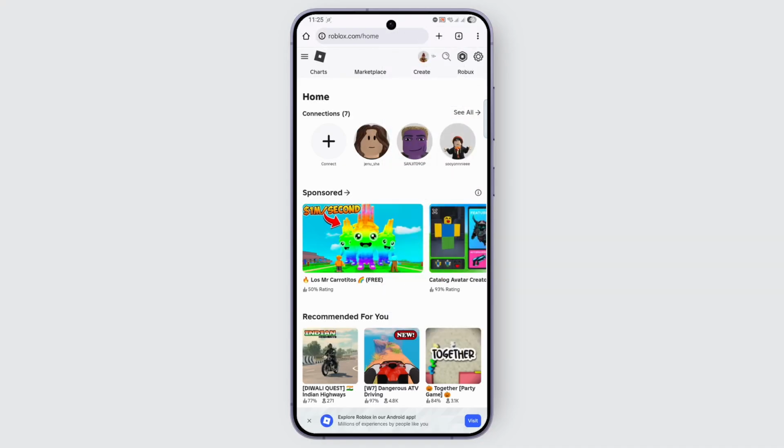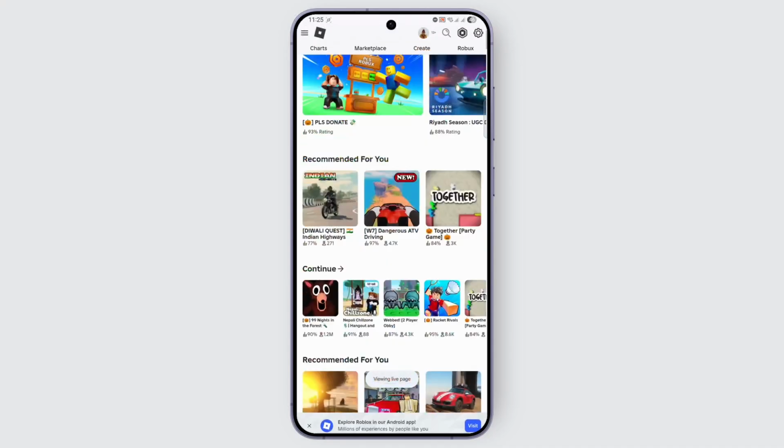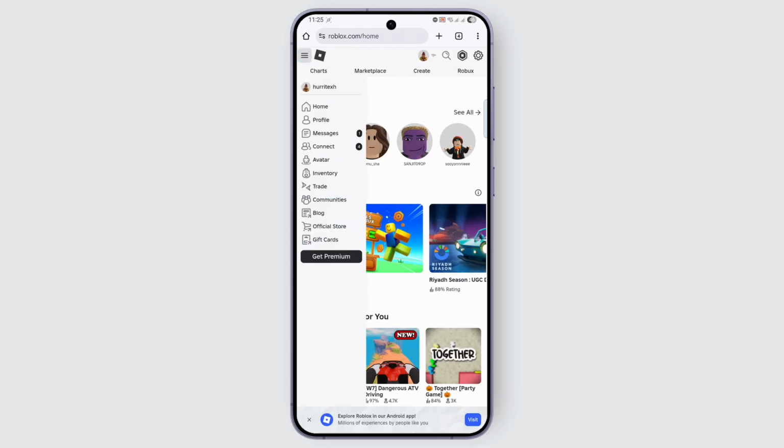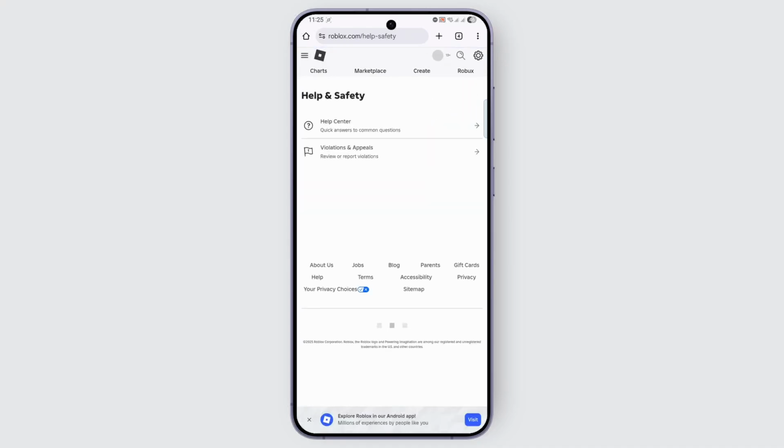Even if you don't turn it on, what you need to do is basically find the help section on Roblox. Tap on the three dots at the top left, and then from here you can find the help section. If you don't see it, go over to settings and then tap on help and safety. From here, you want to tap on help center,